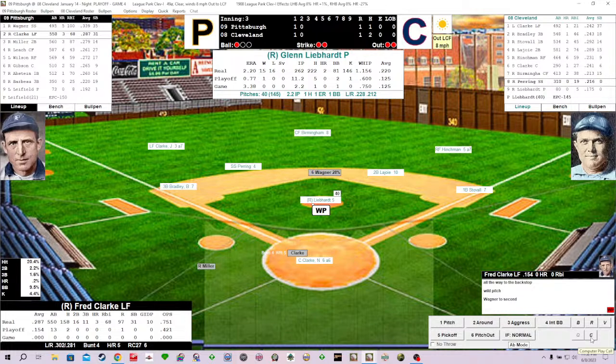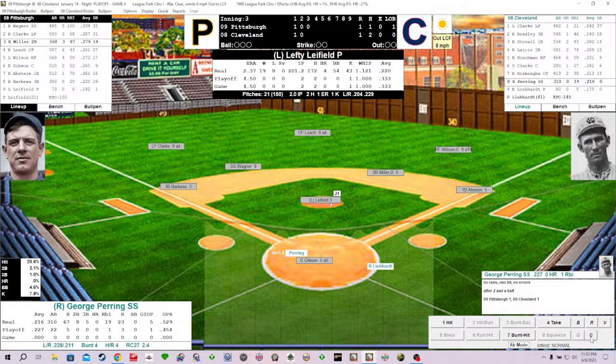So the Buccos now with 2 down and a runner in scoring position thanks to that little gift by Glenn Liebhart. Glenn Liebhart pounds his mitt in that tiny glove he's wearing. Ready to go. Here's the 1-2. Curveball popped high in the air, and Nick Clark has it measured behind the dish and brings it down. So the Buccos, with a small threat, do not score, and we go to the bottom of the 3rd inning. We are knotted at 1.